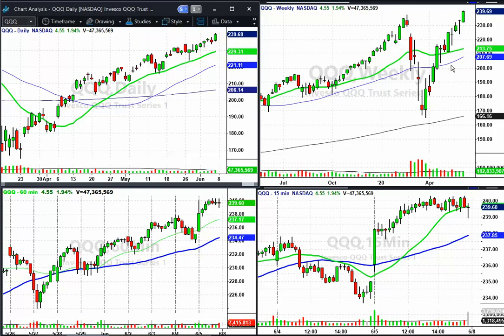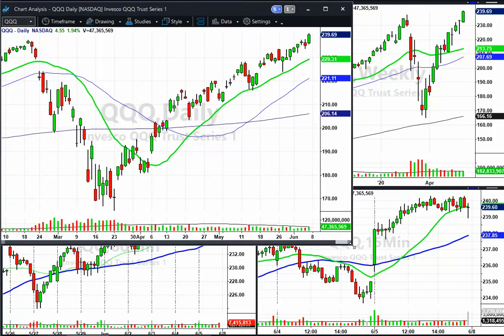I actually sold into this move up, you'll see here on the daily chart. Let me draw this out too, because I'm going to talk about it from a short perspective, shorting as in selling stock short, and a long perspective. I think this will be a good lesson for people to take. It's really about your mental approach and how you frame things.